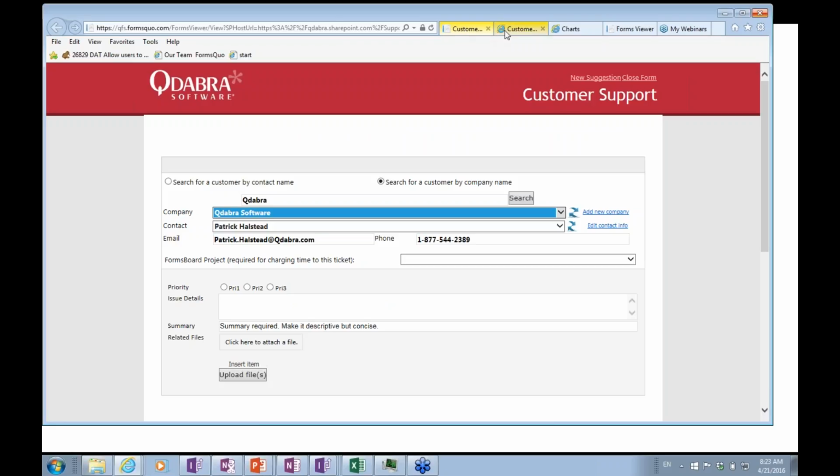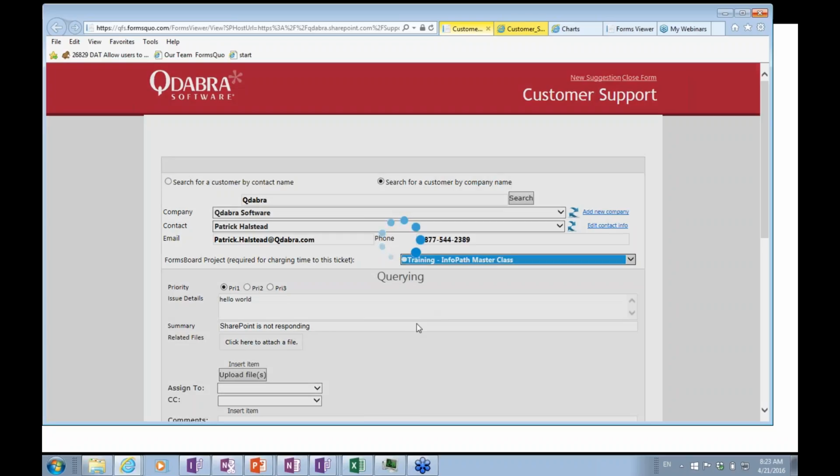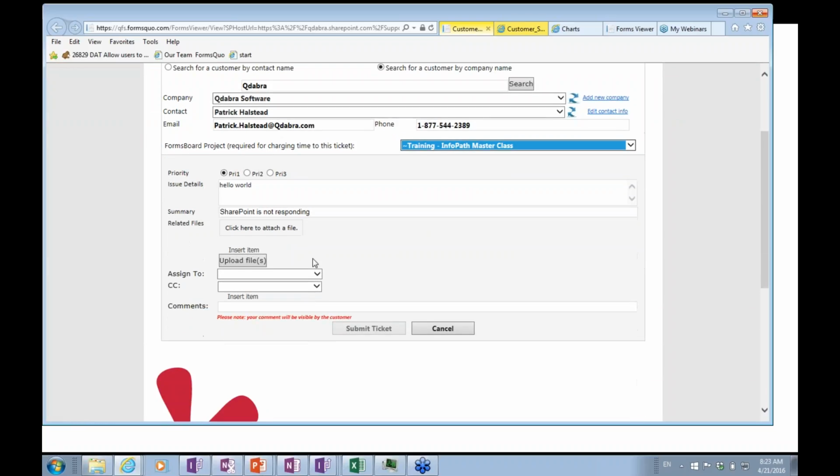So we have our customer support form. Here's our customer support form, right? And I can just fill it out. I can say this is a Pri 1 issue. I can type in SharePoint is not responding, and it gives me some options here. Hopefully it'll give me some options. Hello world. And you can see, okay, there's a problem. I don't want to really demo this form, but this is how I get a support ticket into